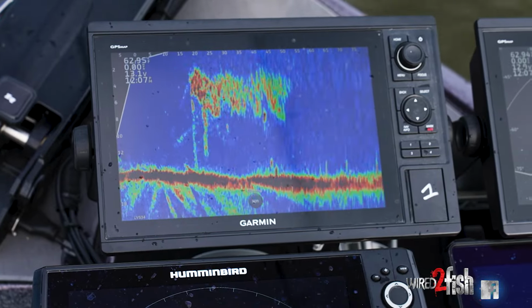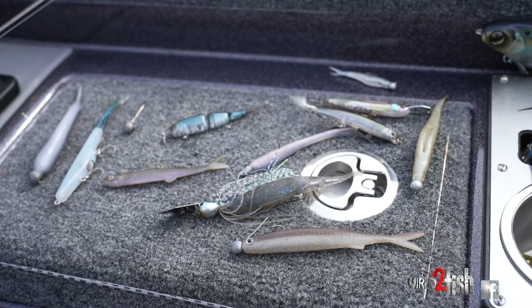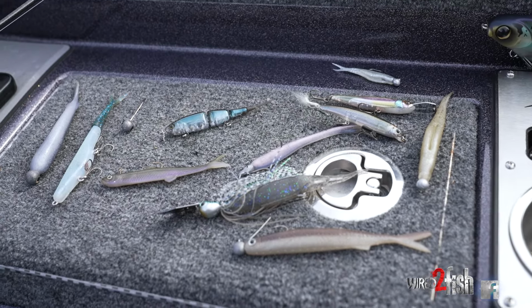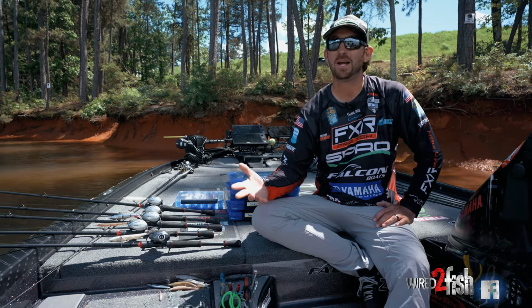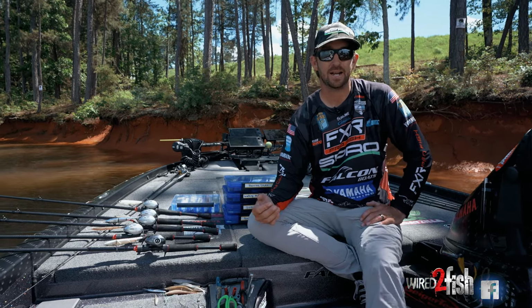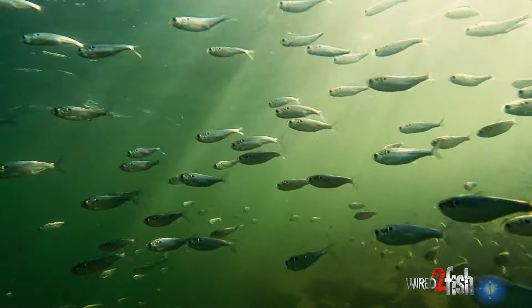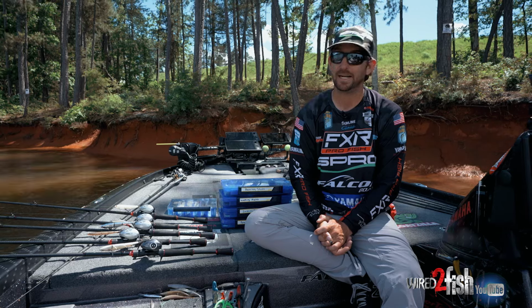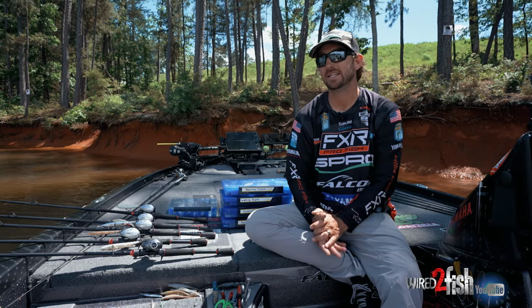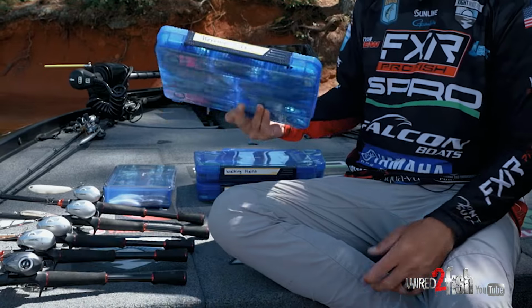I've been around the blueback herring scene a little bit here and there all my life, and there's a lot of different little tricks and techniques, and it's totally different than any other type of fishing. A blueback herring acts a lot different than a threadfin and other types of baitfish, and they're really fast, and the bass really like them. Like I said, there's a ton of baits and techniques, but these pretty much cover my